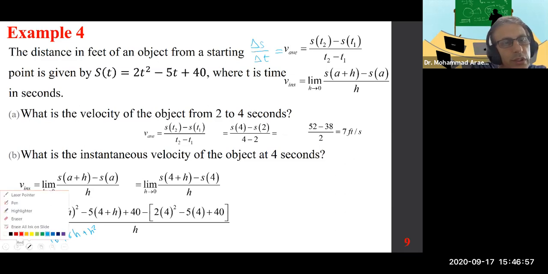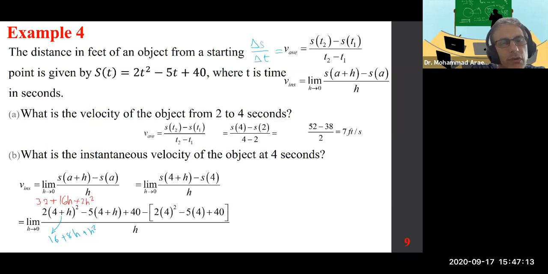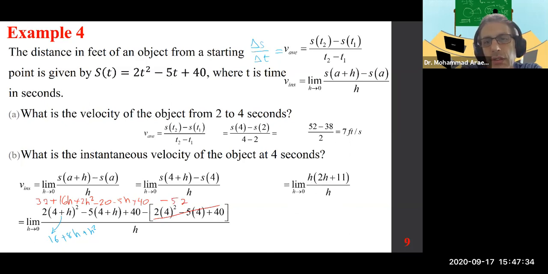Now we are going to multiply it by 2, we get 32 plus 16h plus 2h squared, minus 5 times 4 is minus 20, minus 5h, plus 4d, and then minus 52. So everything cancels out with the exception of 2h squared